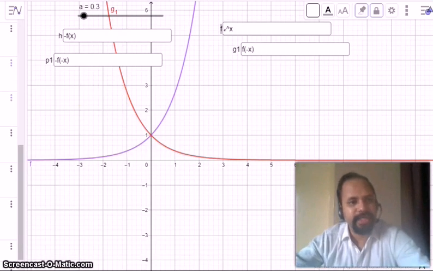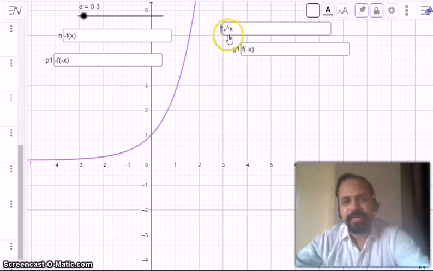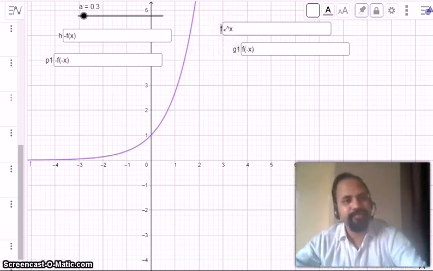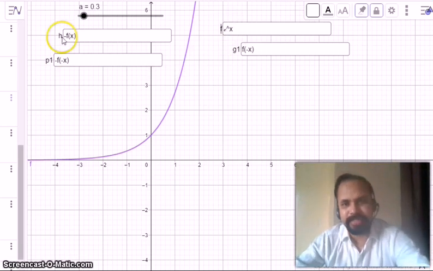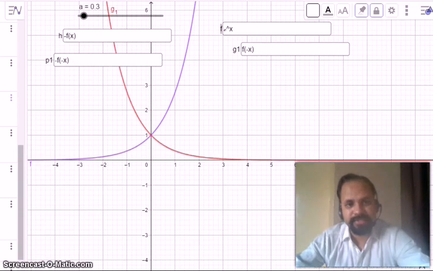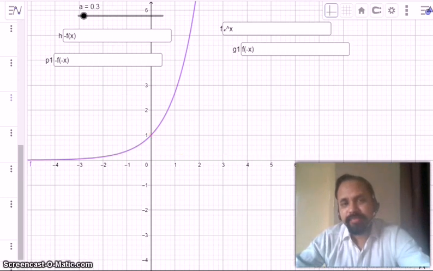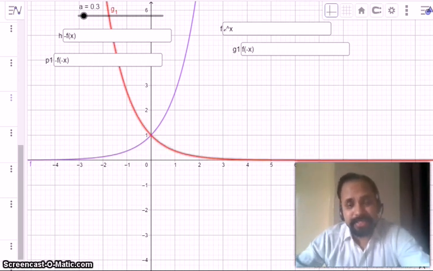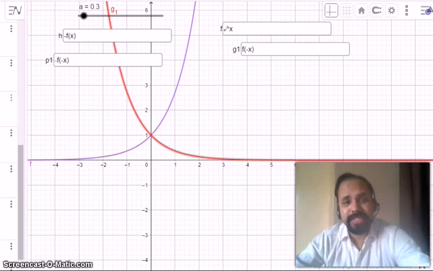Here we have the graph e to the power x, that is the exponential function. And if we want to draw the graph of f of minus x, what will happen? Simply consider the y axis, this axis, as a plane mirror, and draw the graph. Let's see. Simple. Okay, what we did is this one. We have e to the power x, and we considered the y axis as a plane mirror, and we simply drew the image of e to the power x with respect to the y-axis.